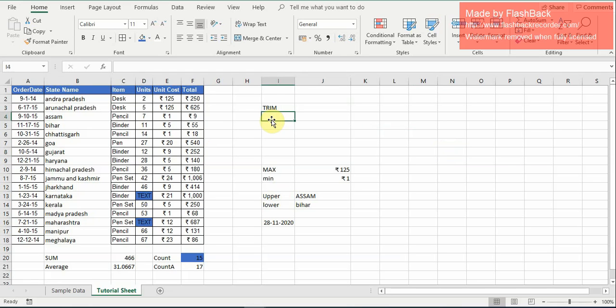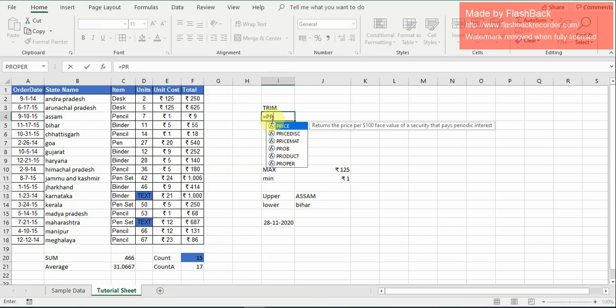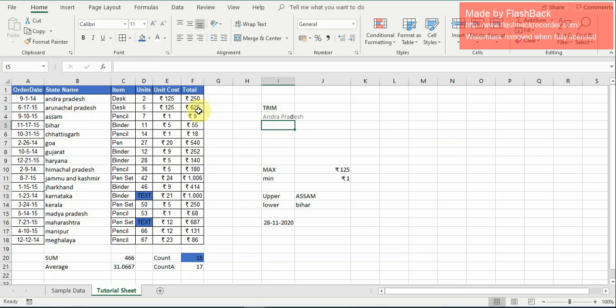It says PROPER. So PROPER is the function name. I am just selecting this first and closing the bracket. Now you can see A is capital and the second word P is capital, right? It won't change anything else, and it will give only the result which is desired. The first letter should be in caps, right?